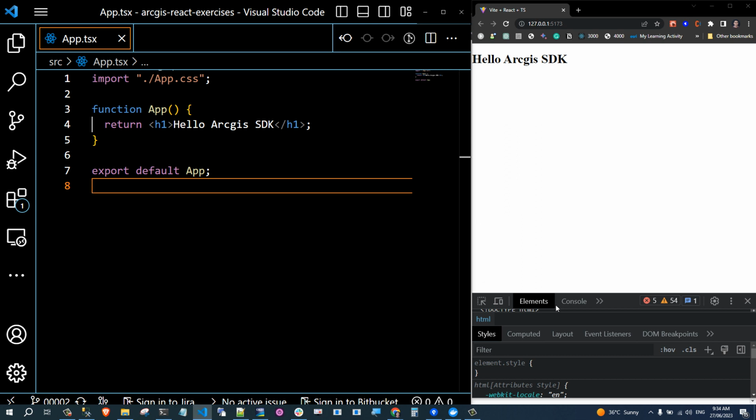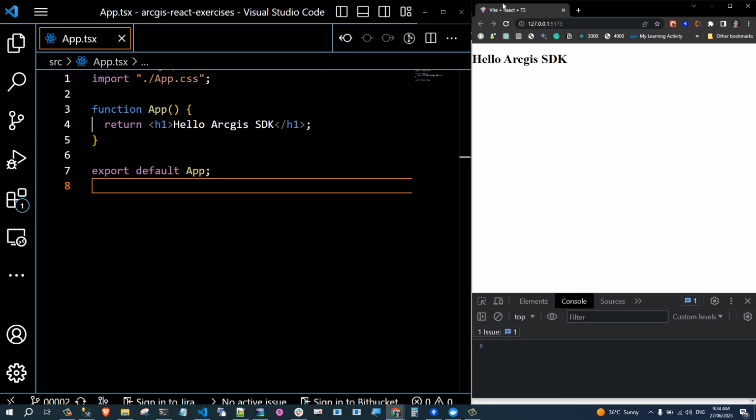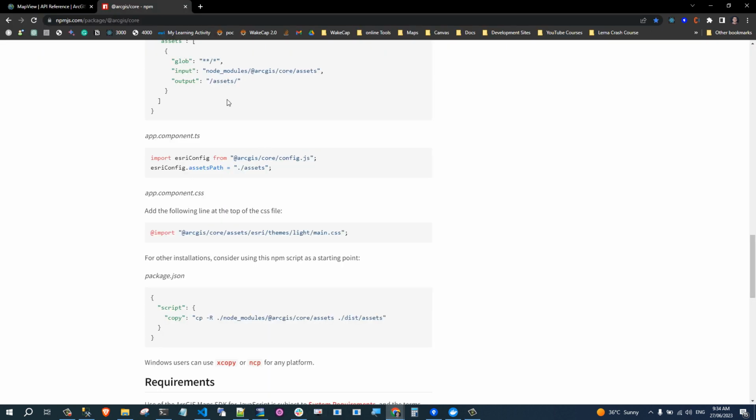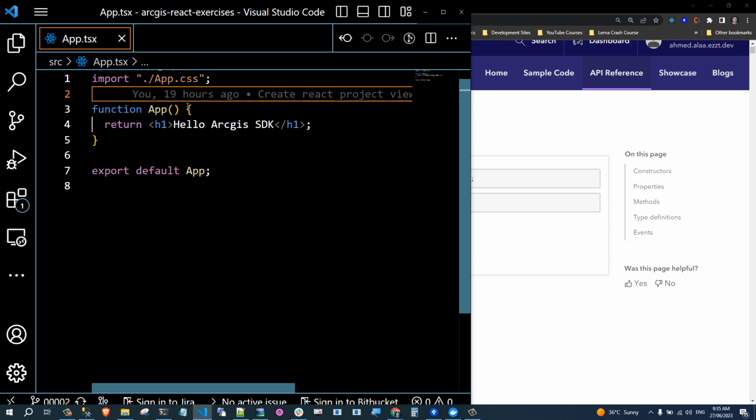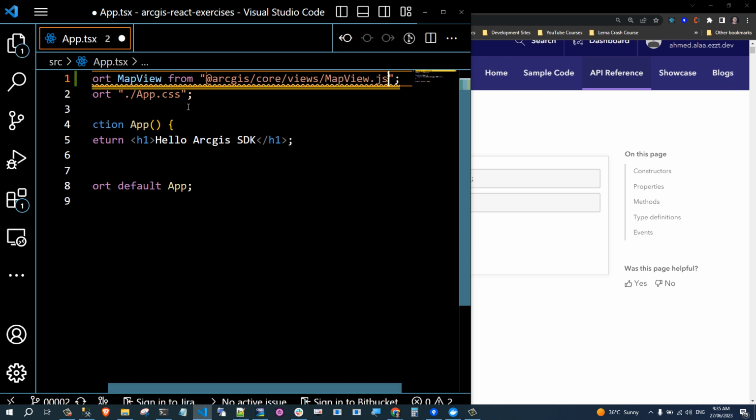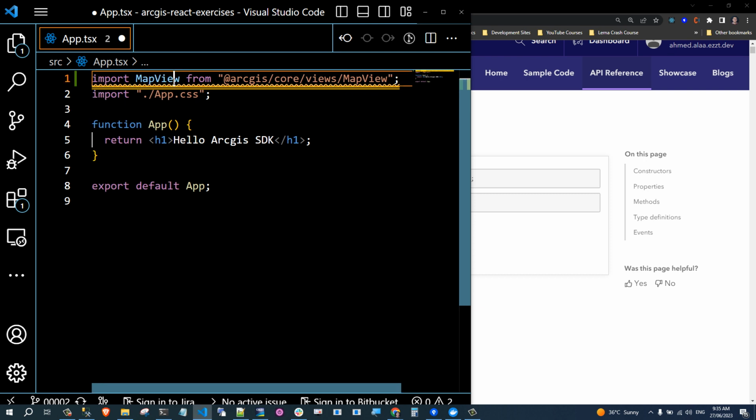and we want to show the map in our page. To do that, we need to import a class called MapView. This class MapView is responsible for showing or viewing the map on your page. I will import this class, using ECMAScript modules in my app. I will delete the extension of JS, no need for it, and I will instantiate this class inside